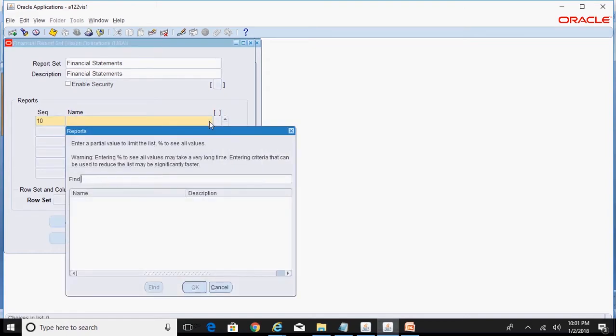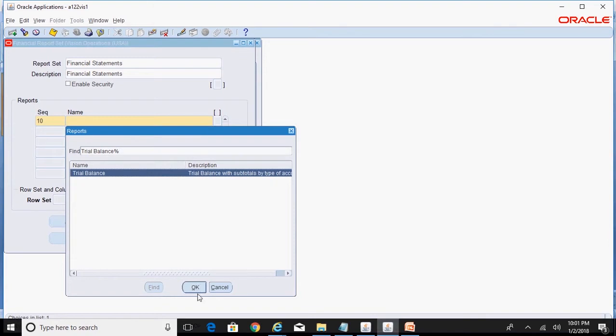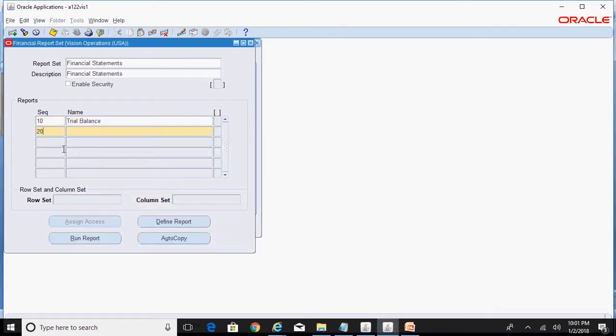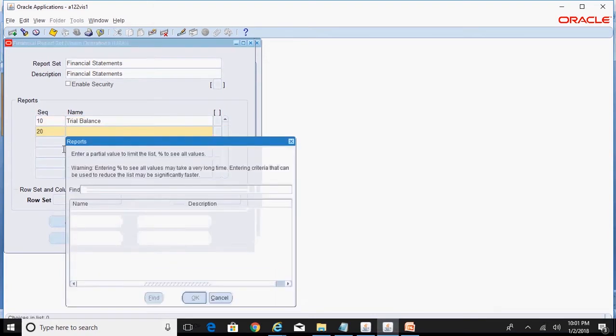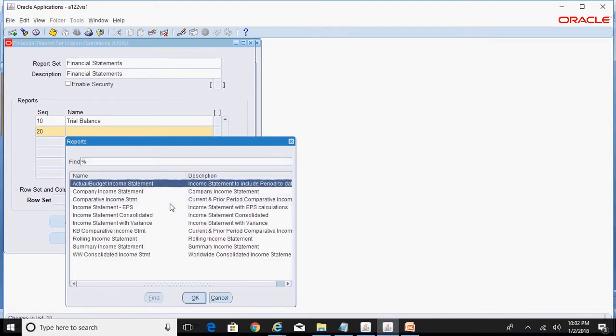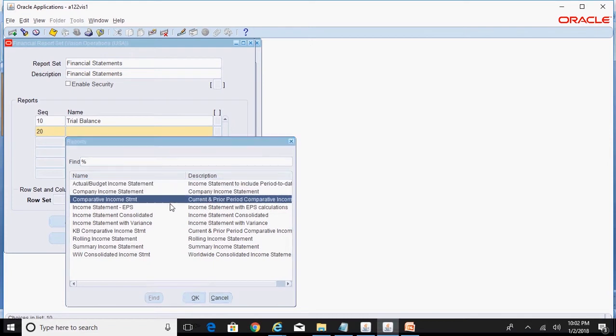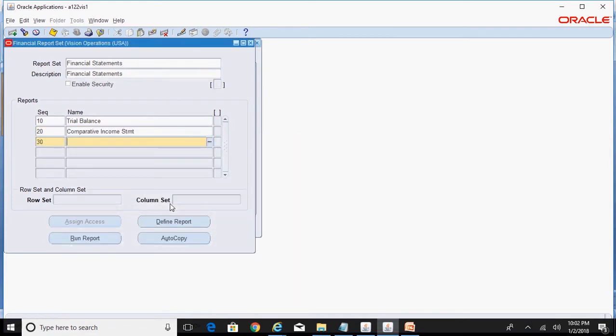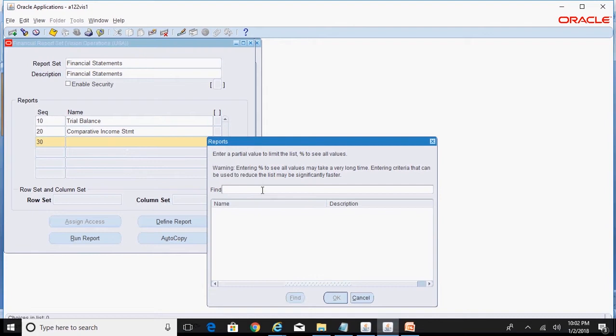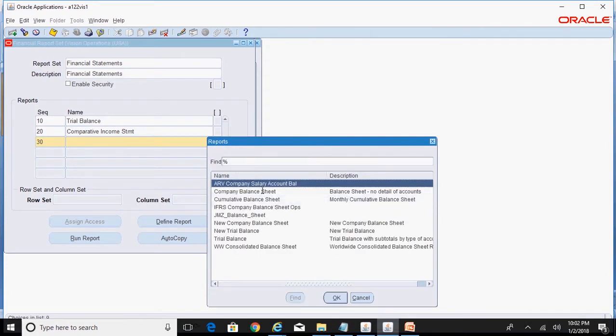So I want to include Trial Balance as my first FSG report, and maybe for the second FSG report I want to include, say, my income statement. Okay, this is the income statement, and the third I want to include my balance sheet, Cumulative Balance Sheet.